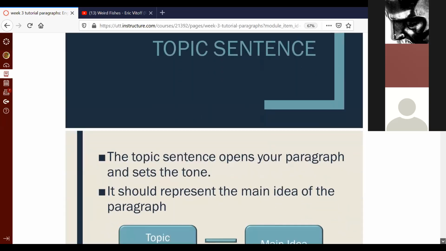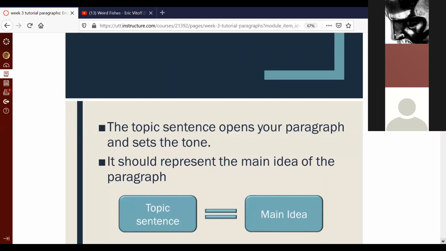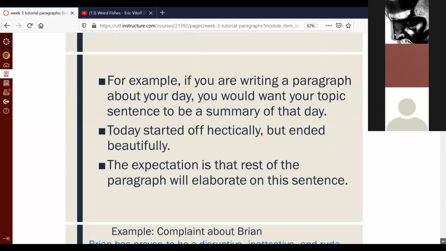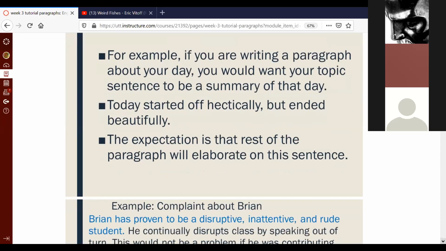And I'll skip down. So we talked about what a topic sentence is and what it does. It's the main idea of your paragraph. So it draws attention. It sums up what the paragraph is supposed to be about. It creates in your reader an expectation that whatever you say in your topic sentence is what the paragraph should be